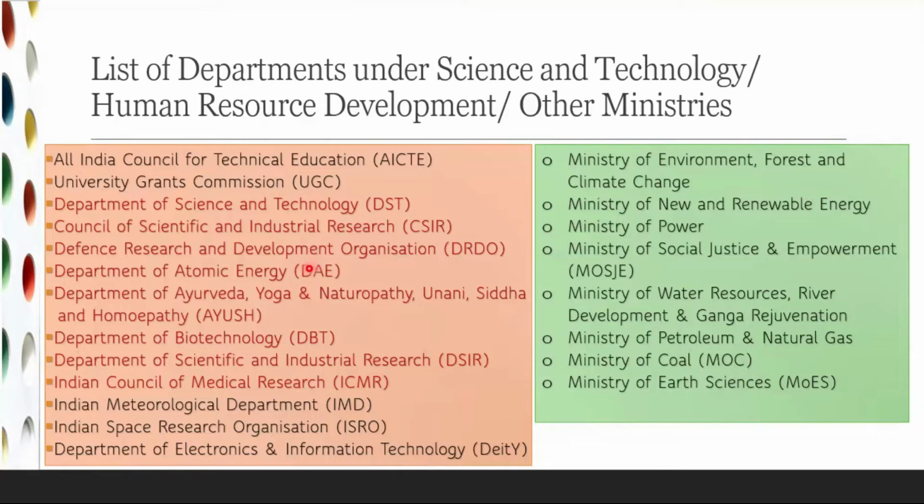For example, Ministry of Science and Technology has the Department of Science and Technology, DST, the Council of Scientific and Industrial Research, CSIR, DRDO, Defense Research and Development Organization, Department of Atomic Energy, Department of Biotechnology, then